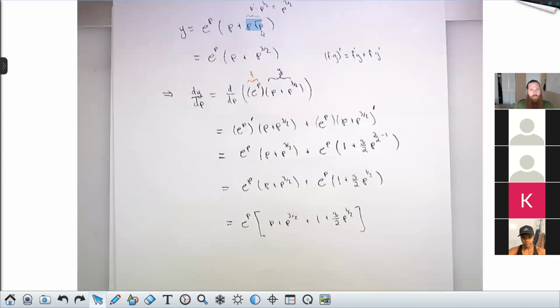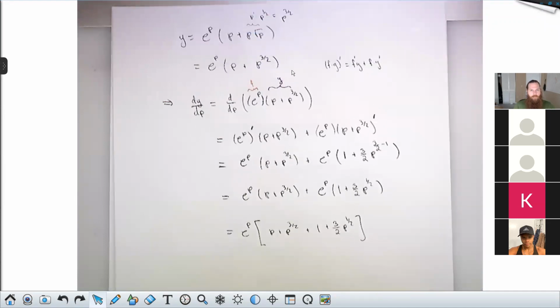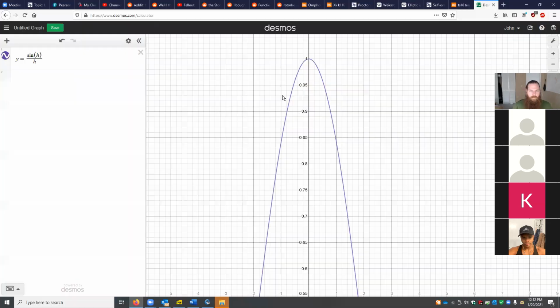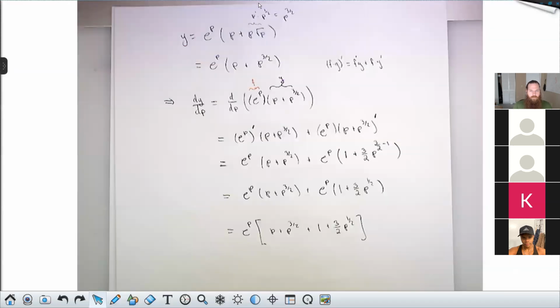So p times root p is p to the 1 times p to the 1/2. That's p to the 3/2. And then 3/2 minus 1 certainly is 1/2. So I would check and make sure you've got it exactly as I have it here, or maybe just run through the calculation fresh, because this is correct. e to the p times this plus e to the p times this primed. This is definitely going to be this plus. Should we put it as the second line or the last line? Doesn't matter. I think this is probably the most natural way to write it, given the steps above. But both are correct.